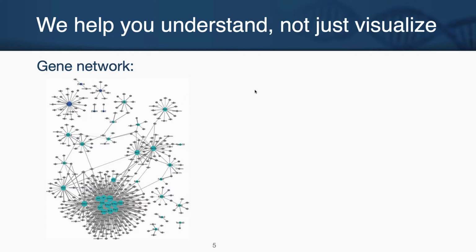And what I mean by that is, here's a picture of a gene network. This is a figure you would see commonly in a lot of papers. There's a lot of things happening in this figure, but for me, it's really hard to get any real information here. It's impossible to read. There's a lot of genes connected to other genes, some more closely than others, but I'm really not sure what